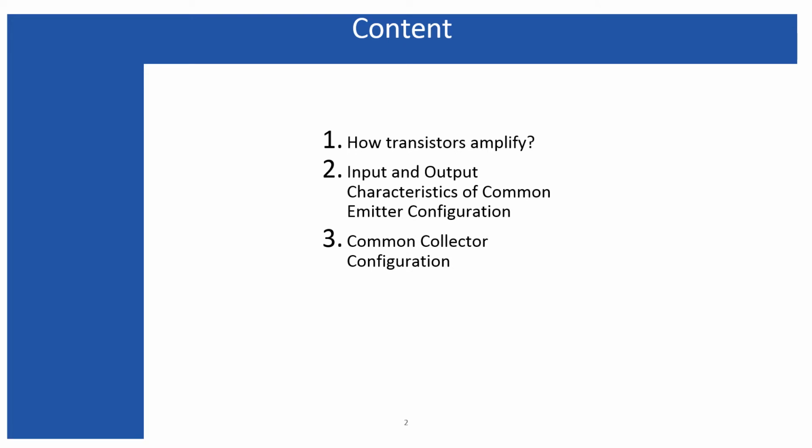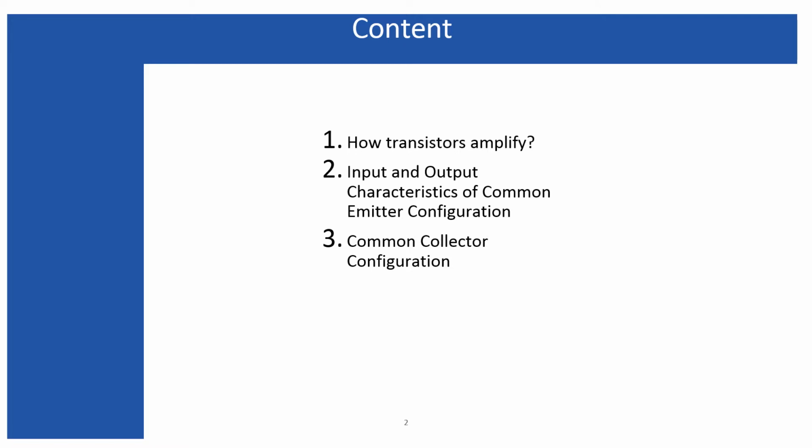We have seen earlier that a BJT in forward active mode can offer amplification. But the first question is: what is amplification, and how do we attain this amplification using this bipolar junction transistor? We will see here that amplification is nothing but a harmony maintained between the input characteristics and the output characteristics. That is the thing we should answer when we are dealing with the bipolar junction transistor: how transistors amplify. That is the topic I'm going to cover in this lecture first.